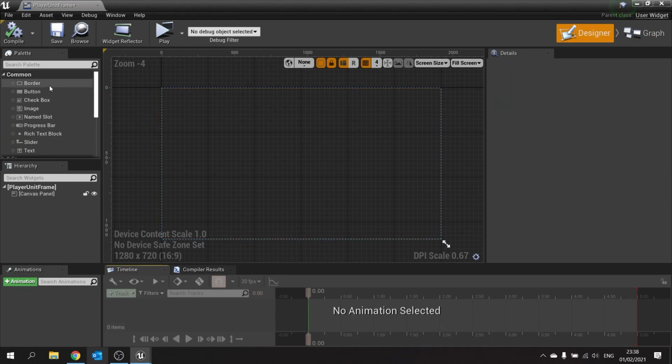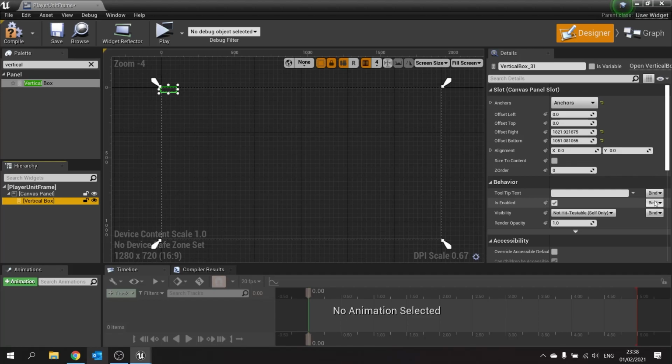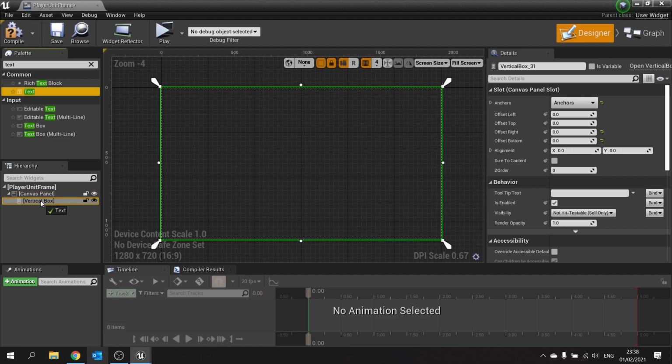Okay, so in here we'll put in a vertical box, and the vertical box I want to spread out across the whole entire canvas. So I'm going to change its anchor to be full screen, and change the offsets to be 0, 0, 0, 0, so it fills the whole entire screen. Then inside that I'm going to put in some text, which will be the player's name. Then we'll have in a horizontal box